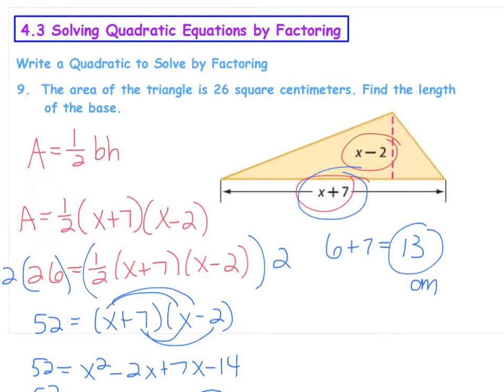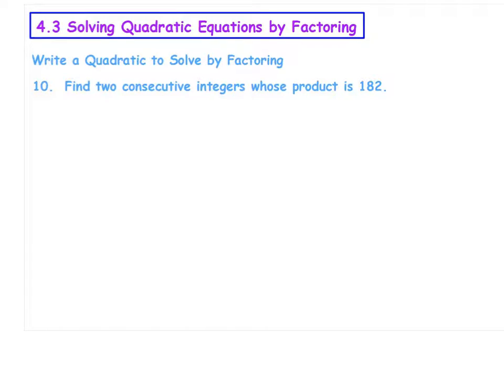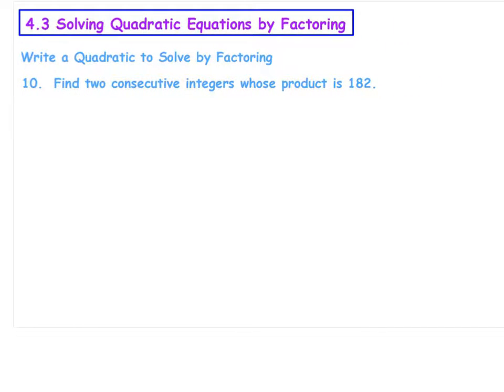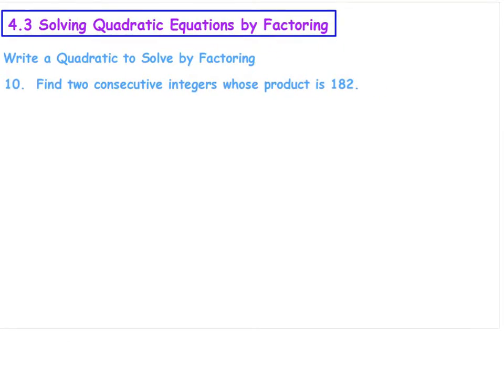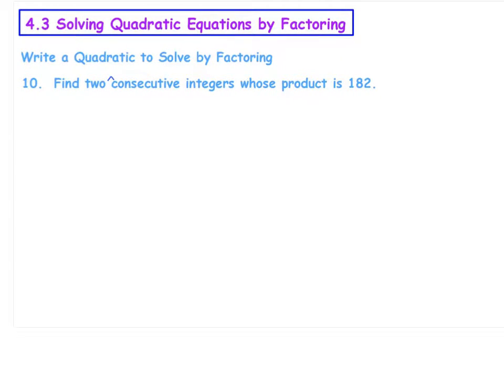One more example here. Last one: find two consecutive integers whose product is 182. So consecutive, and I'm actually going to change this. I want two even consecutive integers whose product is 224. So consecutive means in a row. So we're going to say let x equal the first number, and then the second number is an even integer,